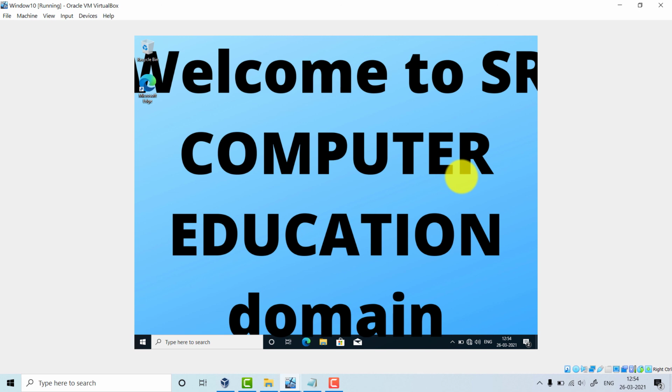So this is how you can create group policy and apply a common desktop wallpaper to all the users in your domain. Even if you have 1000 users, the same policy will be applied. The same desktop wallpaper will be seen by all the users.